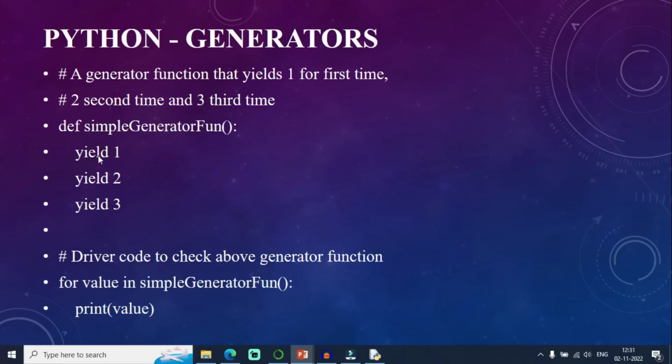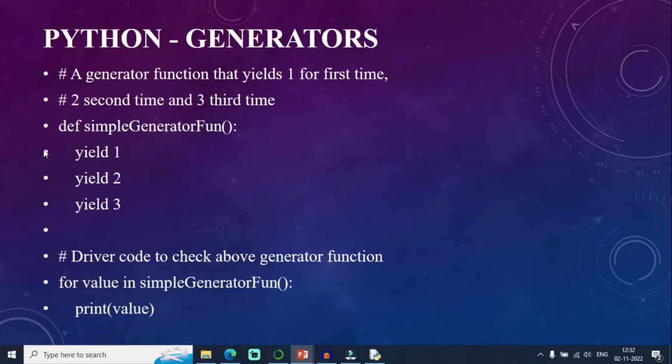This is a simple example. Whenever I want to define a user defined function, I have to use the def keyword followed by the name of the function.